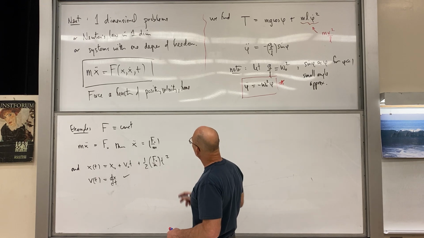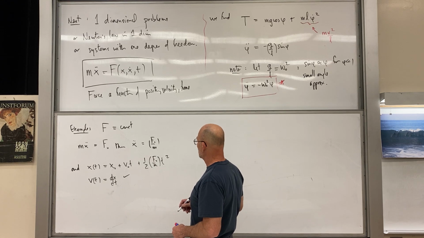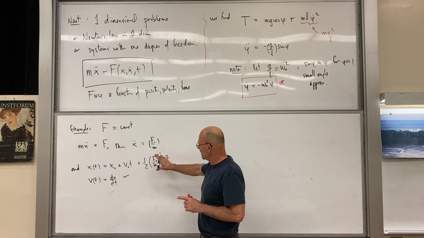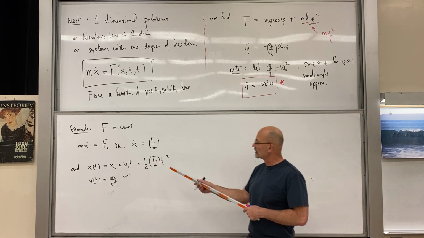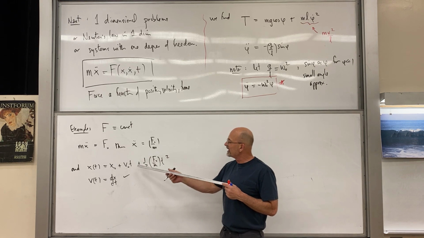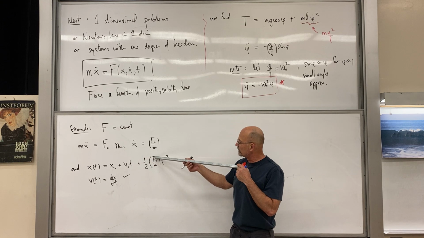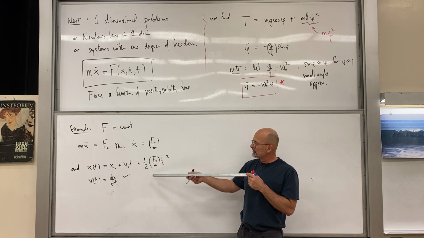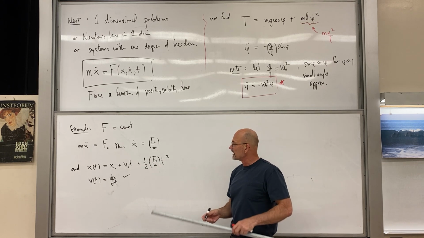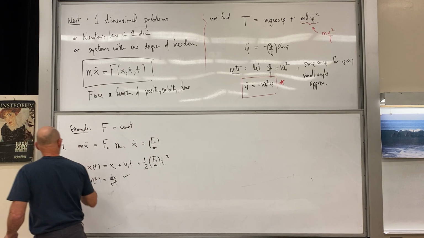The next one we want to do, oh, and by the way, this is really the prototypical solution, so we haven't done anything trivial here, but we'll see limiting cases can always be taken in terms of this, and we could substitute F naught over m for constant acceleration if we don't want so many letters. But let's immediately do a second example